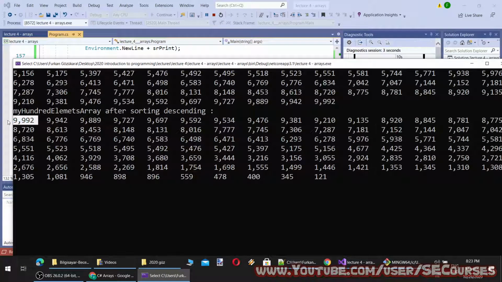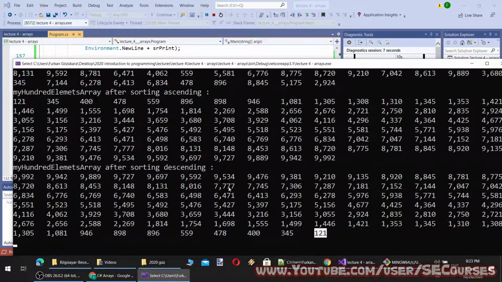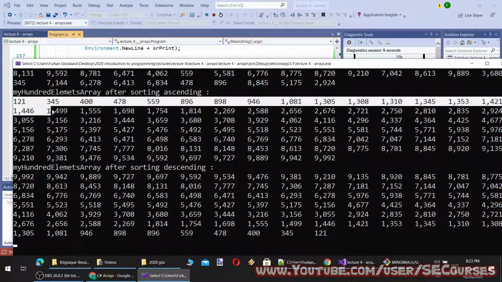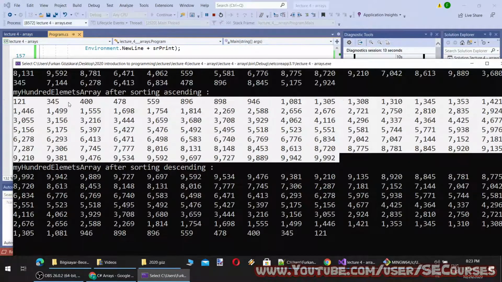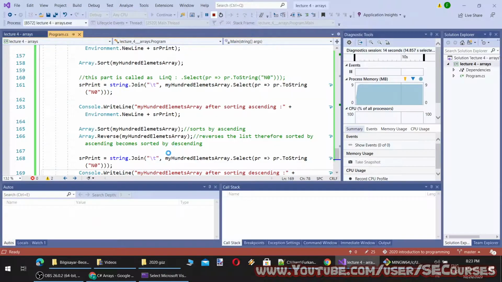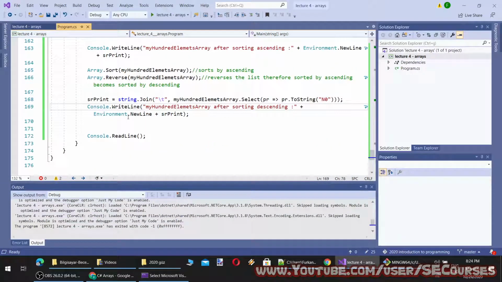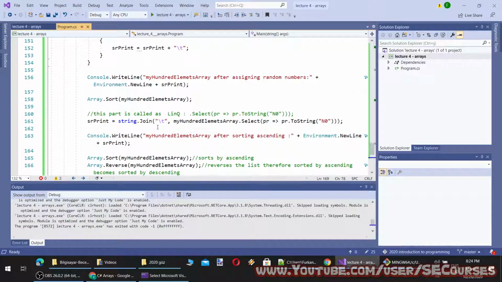Okay, you see now it is starting from the highest number and goes to the minimum number. So this is exactly the reverse order of this one. So the Array class doesn't have ascending or descending sorting, and you can simply use this Reverse method.